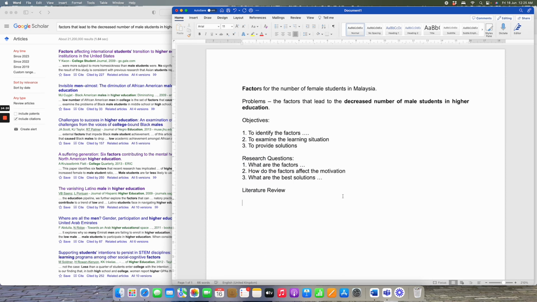Let's say this is your first paragraph of your literature review. So you want to talk about factors. So let's say throughout the world, studies on higher